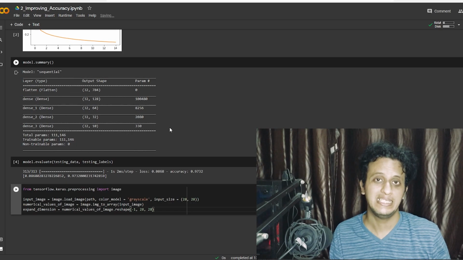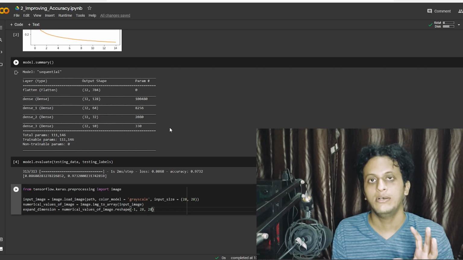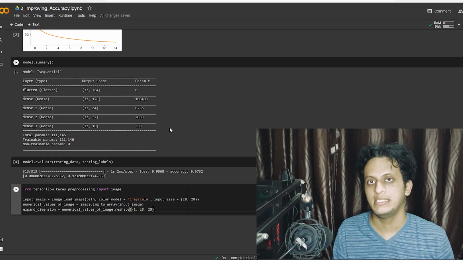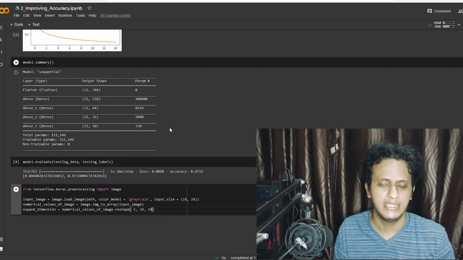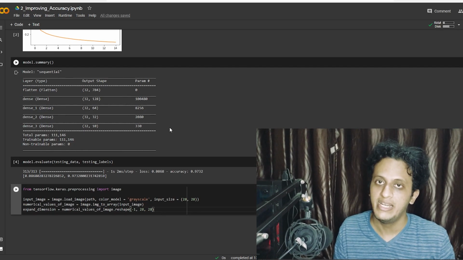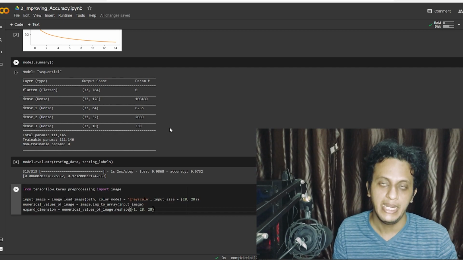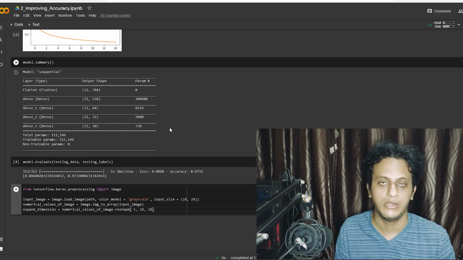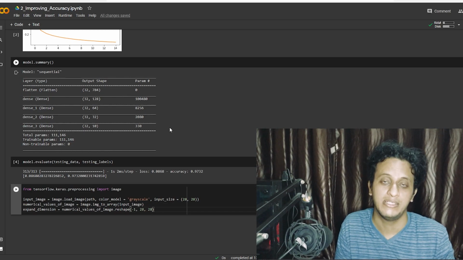Now you may ask why I said -1. -1 basically indicates I don't know the size. That -1 actually means that you can feed it any number of images and it is going to tackle them. Obviously it is never going to be -1, but you can feed it 1, 2, 3, 10 or 100, and it is going to deal with it. The user doesn't know what amount of images they are going to feed, so -1 comes in.